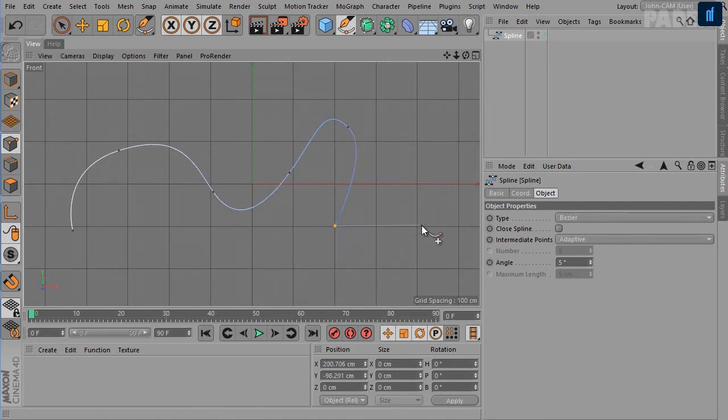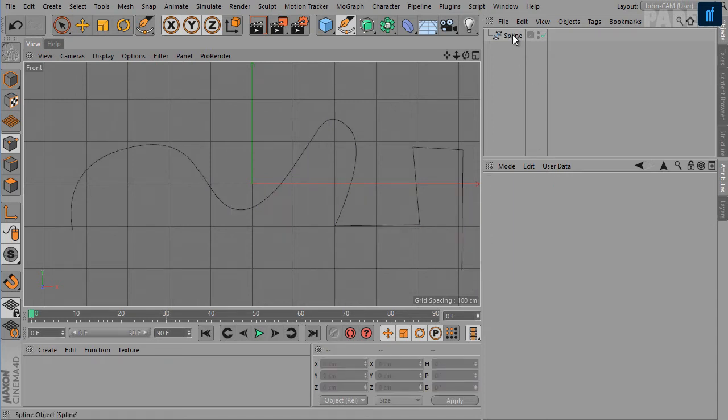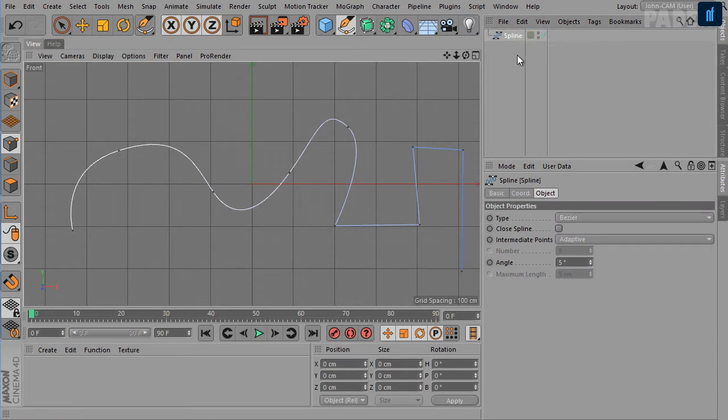If you just click and click, you will be creating sharp corners. Once you are satisfied with your spline, you can press escape to finish the spline. The points created using this tool can be selected and moved without the need of selecting them first. When you click on a point or segment, the tangent handles are displayed and can be edited.